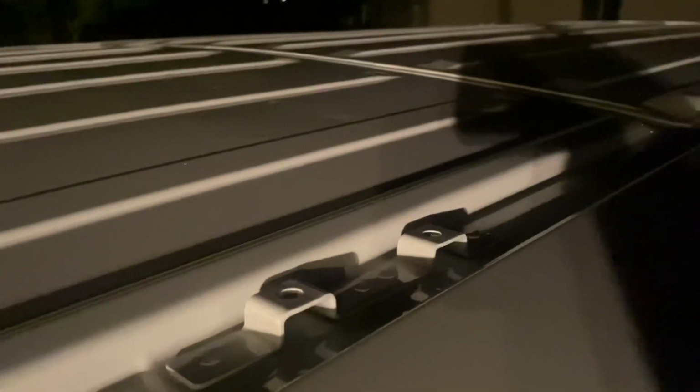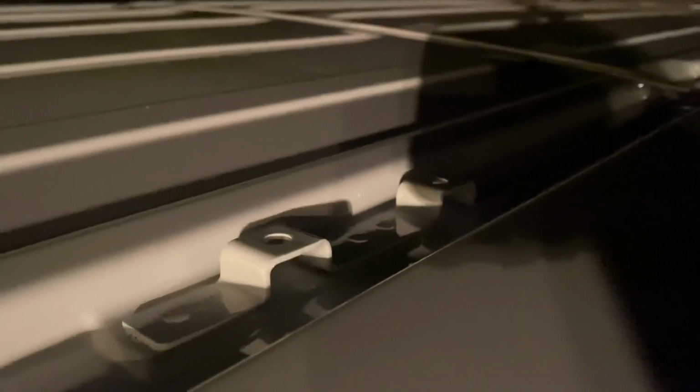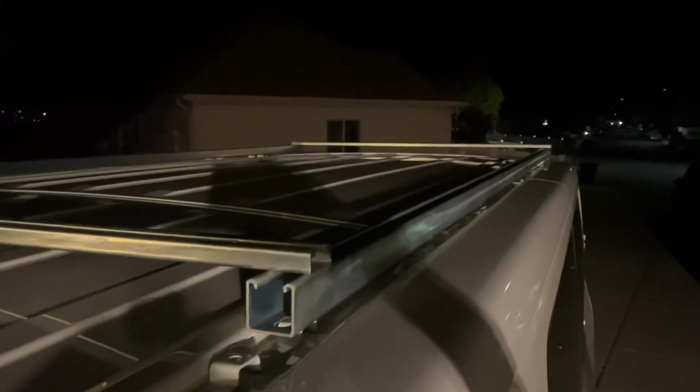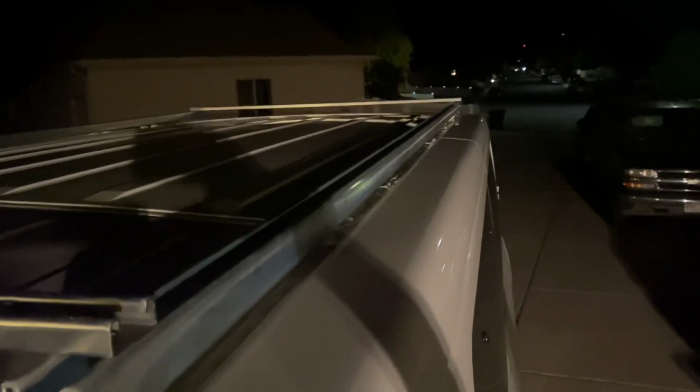On these Nissan vans down the line here, you see they have these little places to attach a rail on each one, and that's what I'm going to attach. I'm going to do a lot more of these, but you see I can run this thicker unistrut down that side, another thicker one down there on that side, and then I'll put